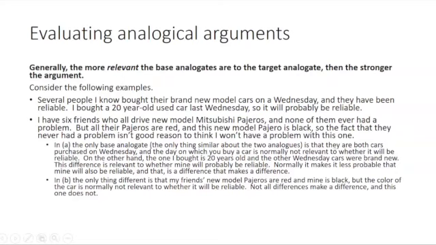Well, normally we don't think that the color of a car is relevant to how reliable it is. We think that has to do with how well the engine is made and stuff. So we wouldn't think about that as an issue here that would make a difference. So we have two things: one which is a similarity which is not relevant, and another which is a difference that's not relevant to the strength of the argument. And those are obvious ones because these are ones that we think of as clearly irrelevant, but